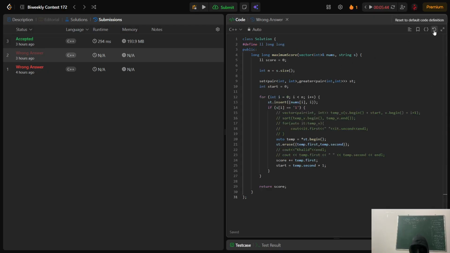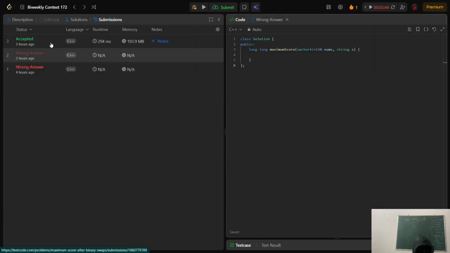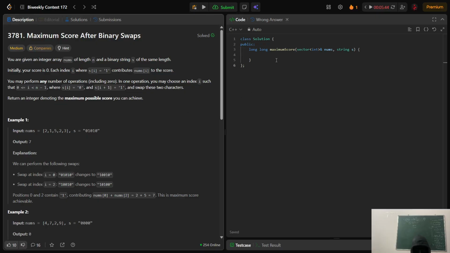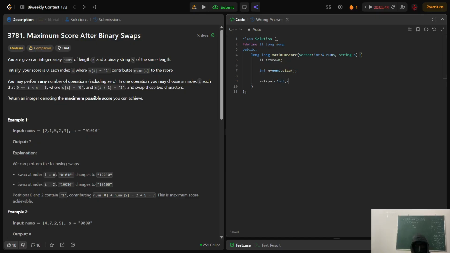Let me erase this code. So we'll try to code it up. We'll take long and initially score is 0. Okay. And we'll take n as the size of the vector and the size of the s, which are the same only. We'll take one set and we'll store